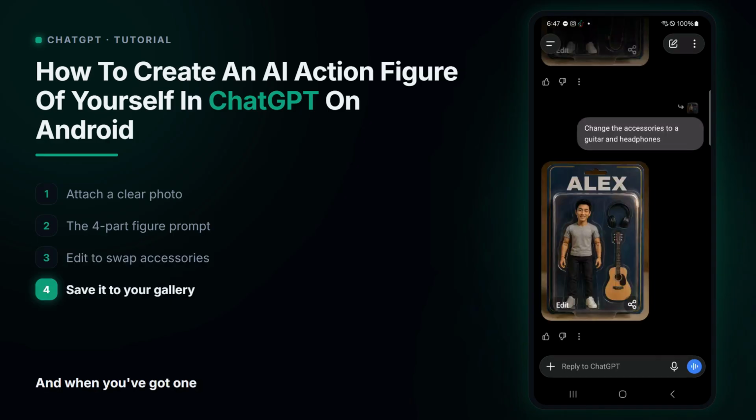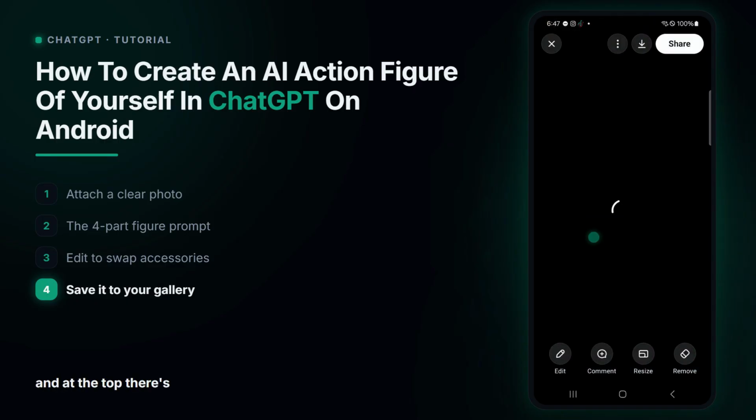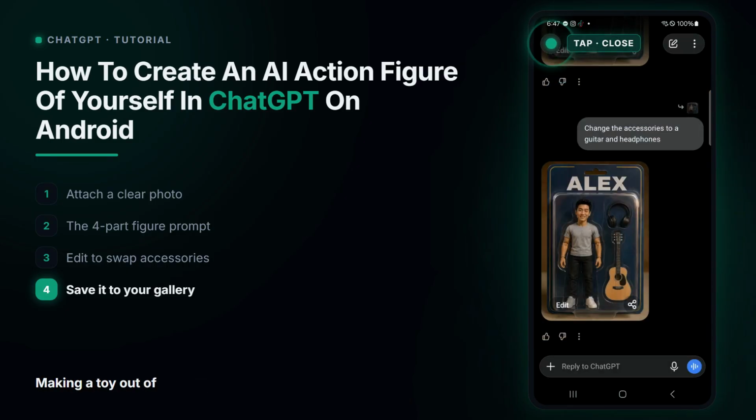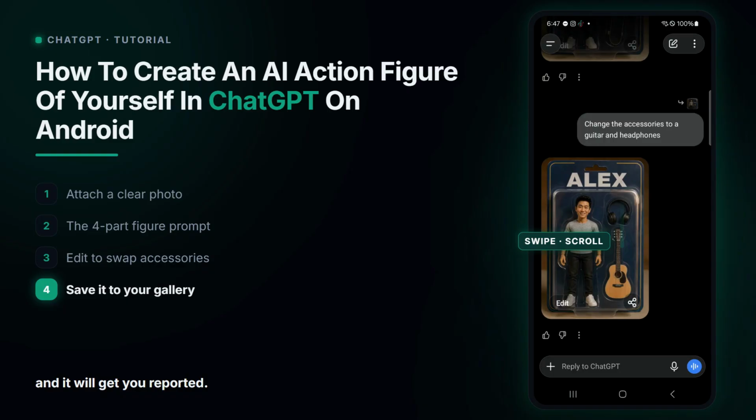And when you've got one you like, keep it. Tap the image to open it full screen, and at the top there's Save. Tap that, and it goes straight into your phone's gallery as a normal picture, ready to post. One quick warning while you're here, only do this with photos of yourself. Making a toy out of somebody else's face without asking is not a great look, and it will get you